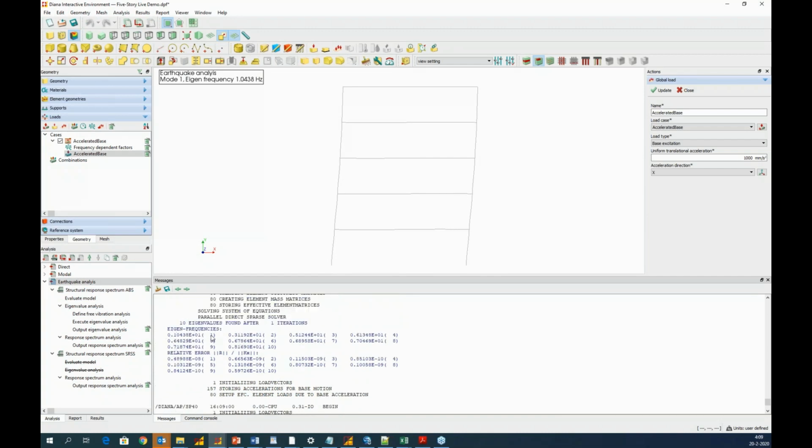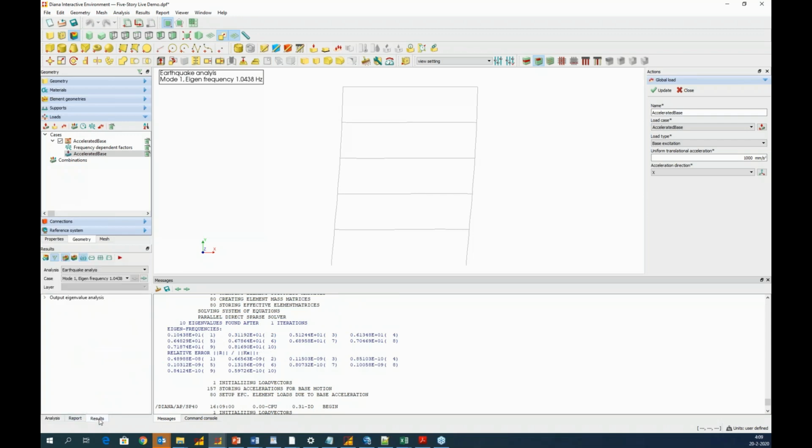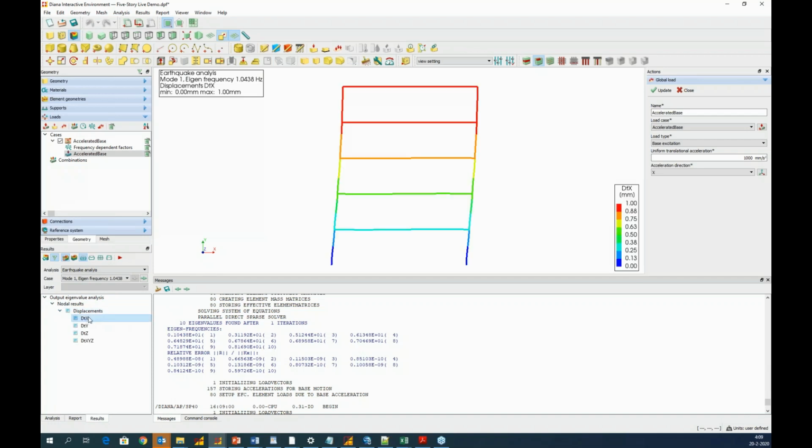So here the RN frequencies, as you can see, we get the same from 1 to 8 something hertz. Move to the result. I'm going to check some modes, which are only the modes dominated by the wall deformation. So mode 1, 2, 3, 7, and 10.